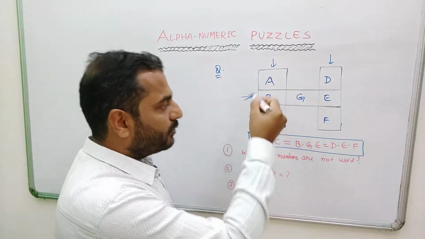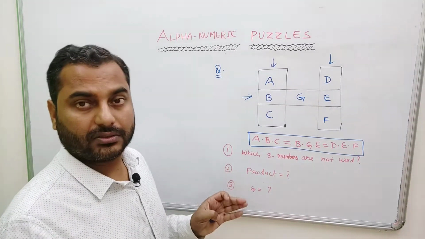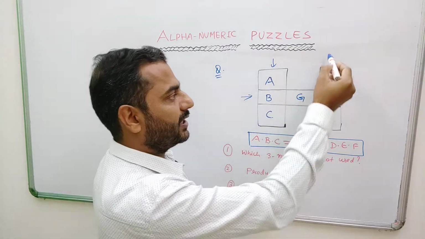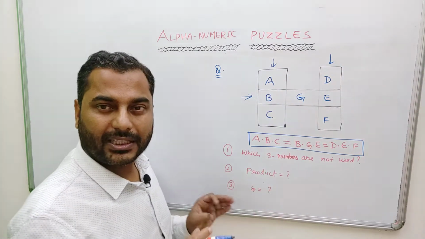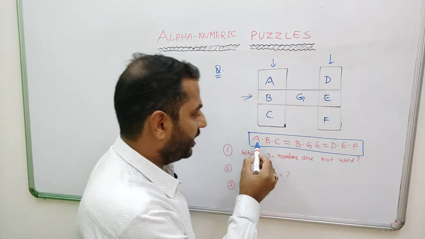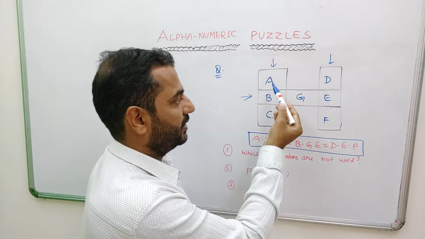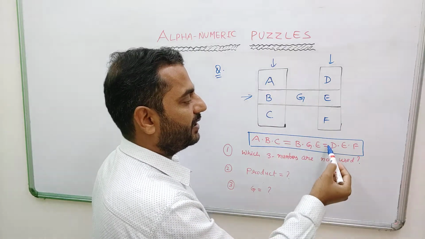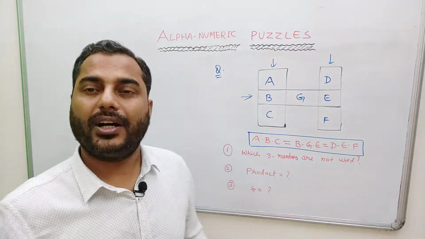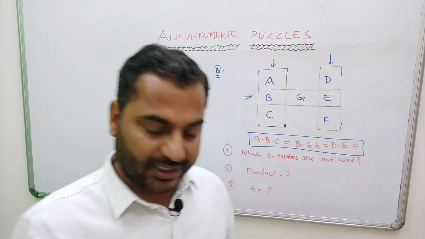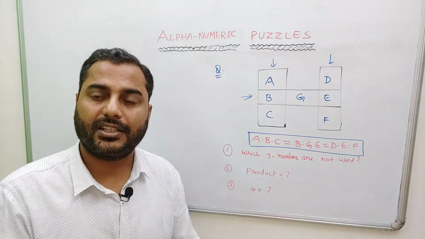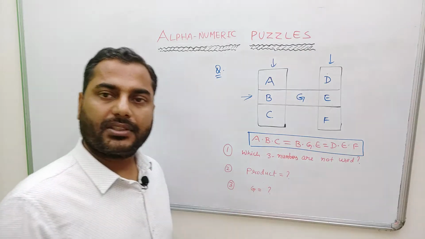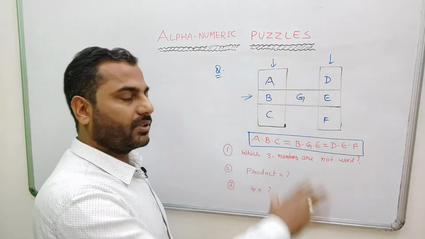We have to arrange these 7 letters or numbers in such a manner that the product of the first column and second column and this row, each product is a constant value. It means A into B into C, you can see here, A into B into C is equal to B into G into E, BGE, and that is equal to DEF. So out of the single digit numbers from 0 to 9 we have to take 7 numbers and arrange them so that the product becomes constant.